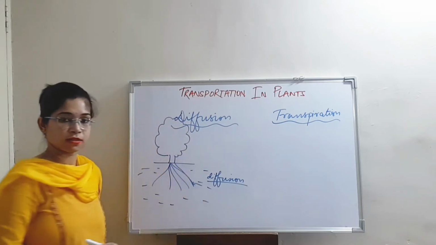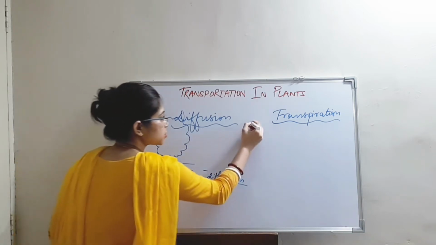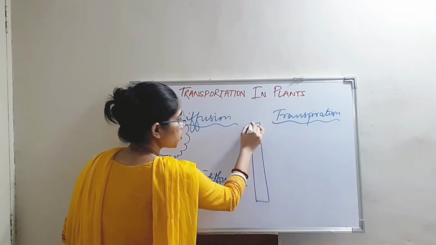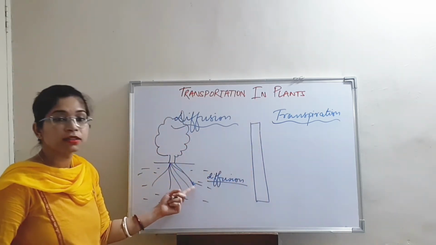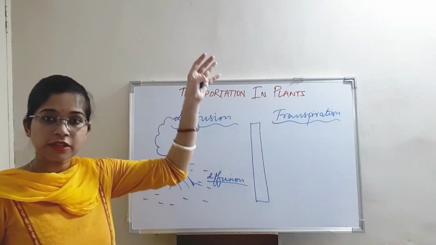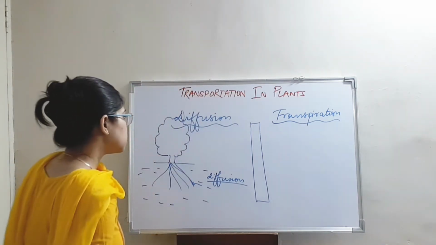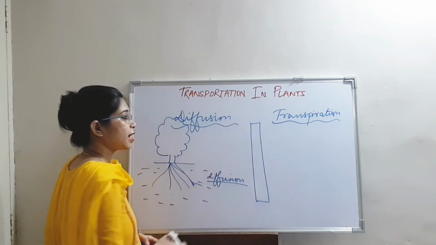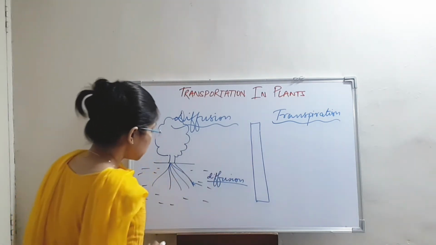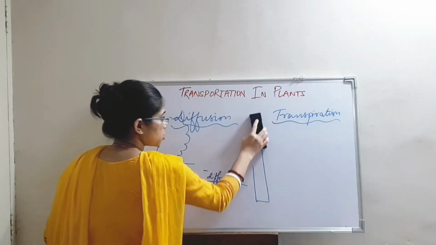In this way the xylem is helpful in the transportation of water and minerals from the roots to upper parts. We also know that the xylem and phloem form a continuous channel from the lowest part, that is the roots, to the upper part, that is the branches, leaves and stem. So this continuous channel helps in the easiest flow of the water and other particles. This is about the diffusion process.